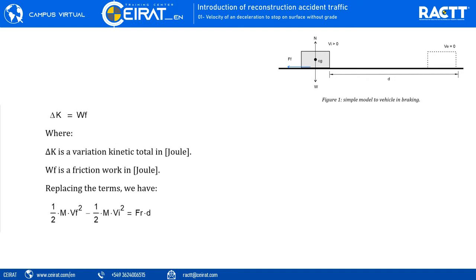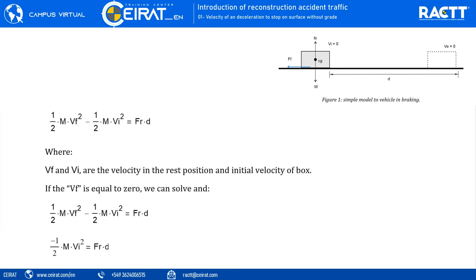where delta K is the total kinetic variation in joules. Wf is the friction work in joules. Replacing the terms, we have, where Vf and Vi are the velocity in the rest position and the initial velocity of the box. If Vf is equal to 0, we can solve and